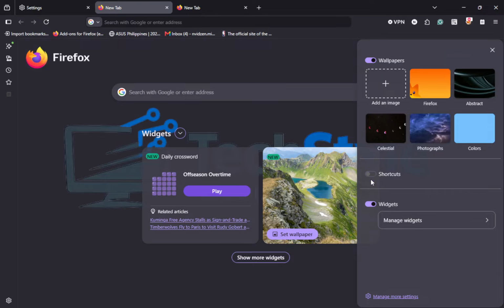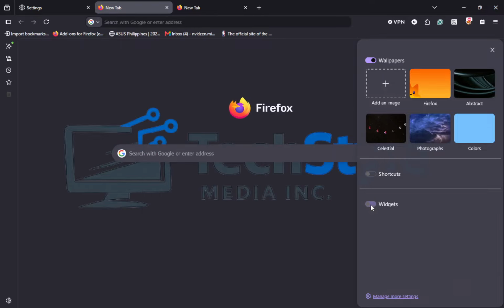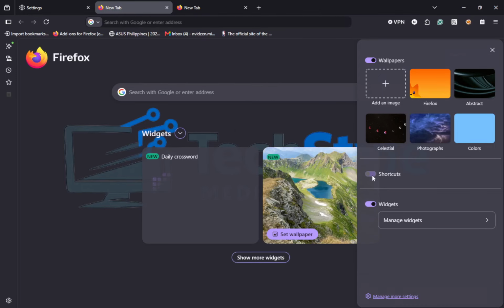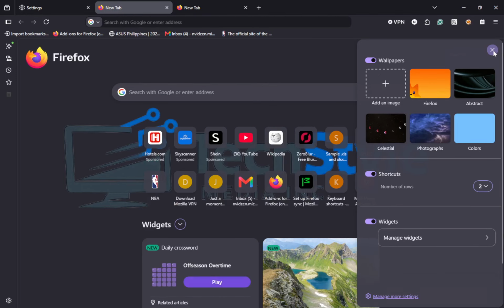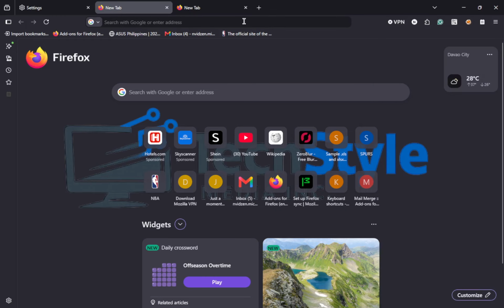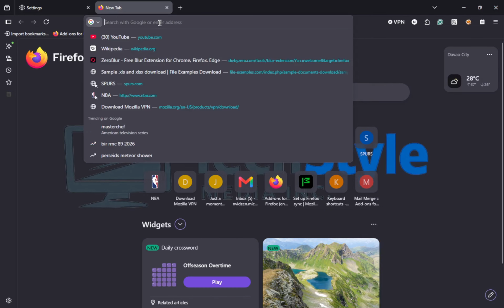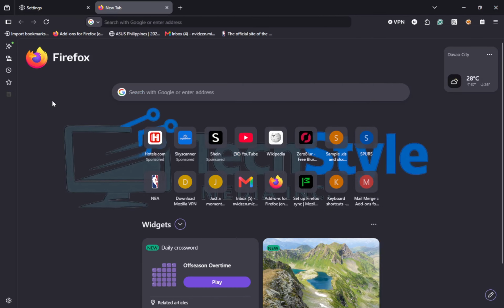You can also adjust the web search area on the new tab. This controls whether there is a search box on the page, and if you disable it, you can still search from the address bar at the top of Firefox. Another section is Recommended Stories. These are articles suggested by Firefox based on popularity, and if you turn this section off, the stories disappear from the new tab and the page looks cleaner.